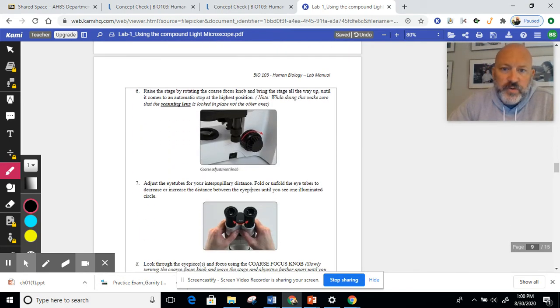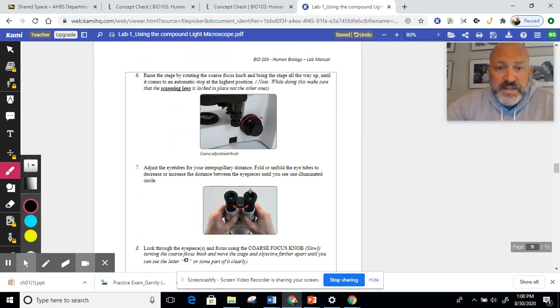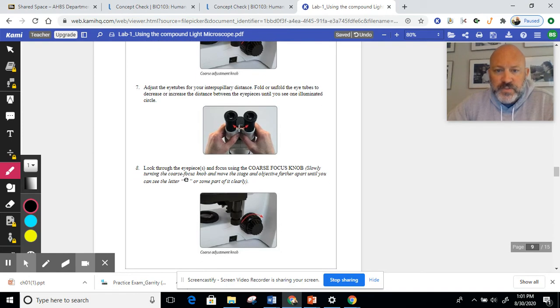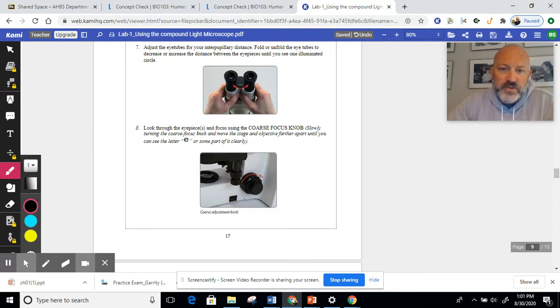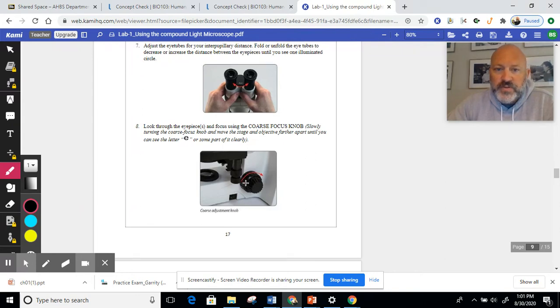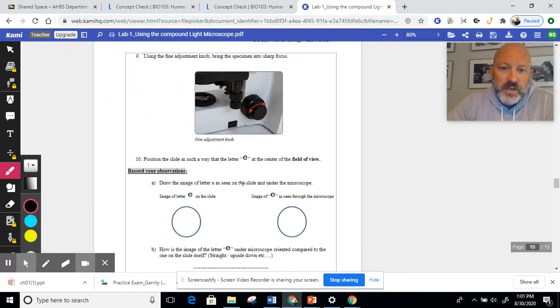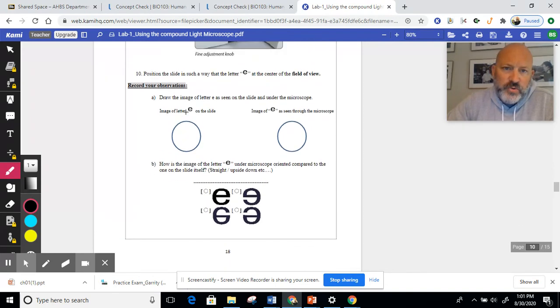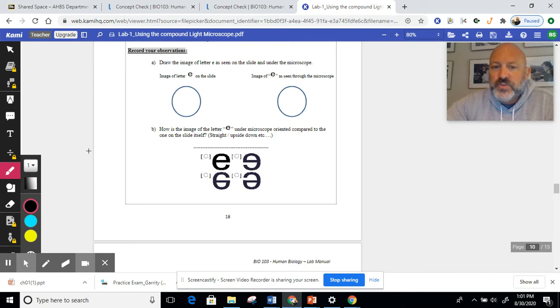So that's what you would be doing, and then you would be raising the stage up and down as you turn this focus knob, the coarse focus knob, the one on the outside, the larger one. And then you would adjust your oculars so it's comfortable to your face. And then as you're looking through, you would continue to focus until the image becomes visible. Now, what you would do here in this case is I would ask you,